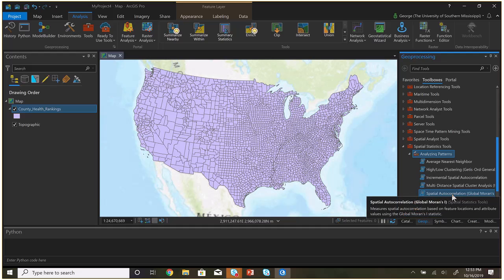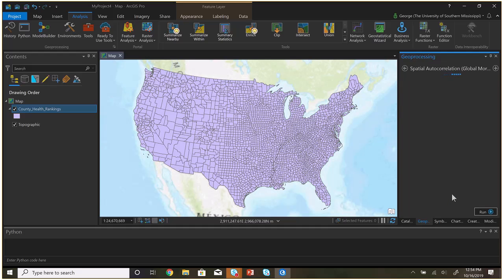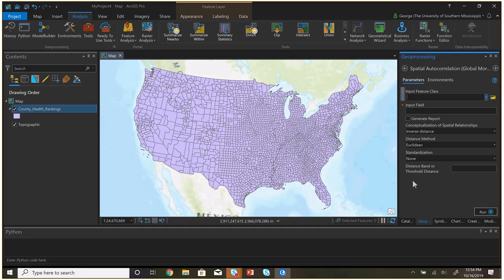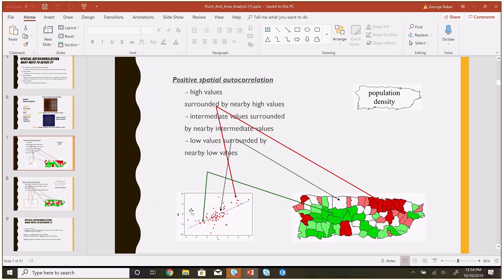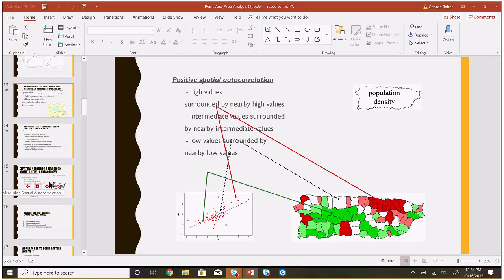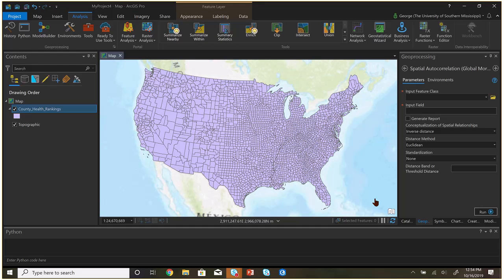So here is spatial autocorrelation, the simplest one. Although we haven't yet talked about what this means, this is a global measure of autocorrelation for the entire data set. In other words, in the background it's going to be creating a scatter plot like this, and it's going to come up with a single number for that scatter plot. So I guess the point is, you could just press a button, but